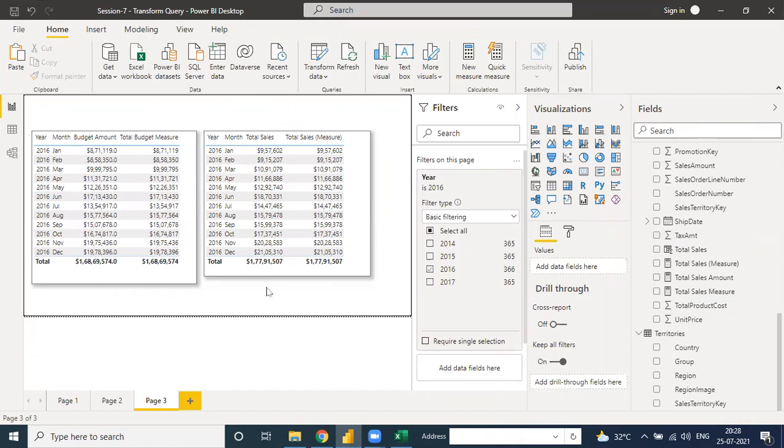It is a main step to understand implicit or explicit measure because it is an interview question. When you prepare for an interview in a company, the interviewer asks why we use the explicit measure or why we use the implicit. So you need to give one answer: when we use the implicit measure by adding a column, it will increase our file size to 15 times compared to the measure.